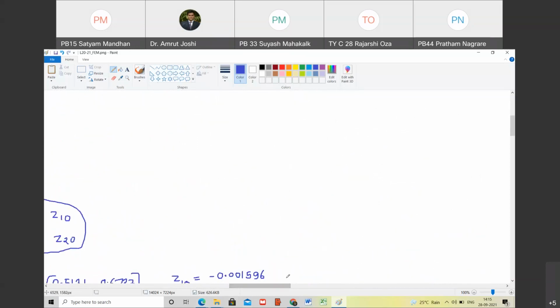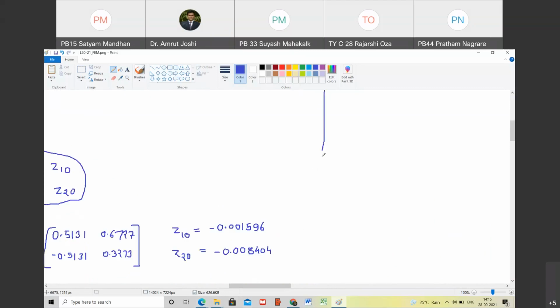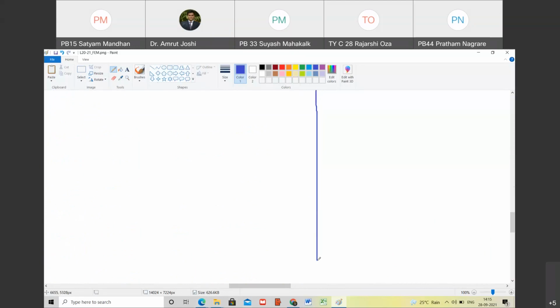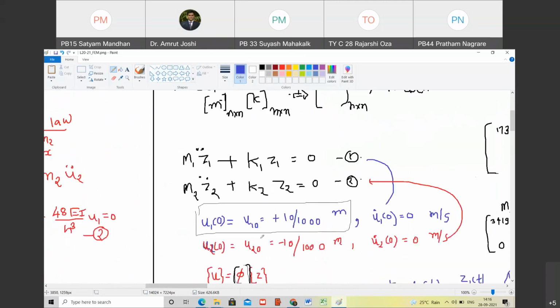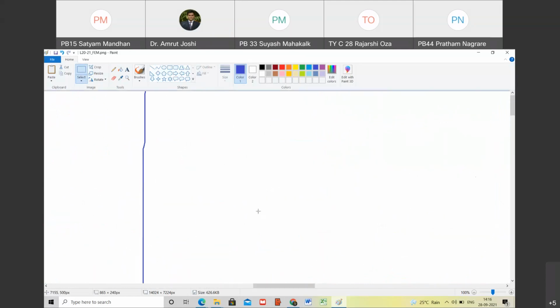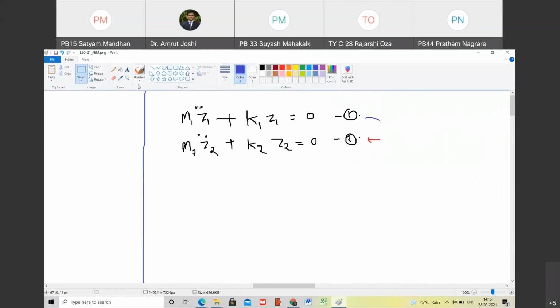My writing is not very systematic, in the way I have not written it in a sequential manner, but you try to understand the process, then you will be able to write it on your own. Are you with me? Yes, sir. So let me now write down the solutions. Let me write down the solution of this equation. I take these two equations and write their solutions. Are you with me? Yes, sir. Okay, what is the solution of this equation? First equation. So let us try to solve only the first equation first.